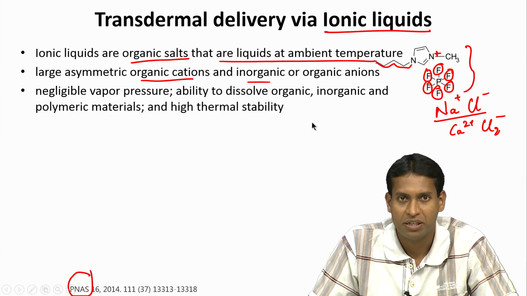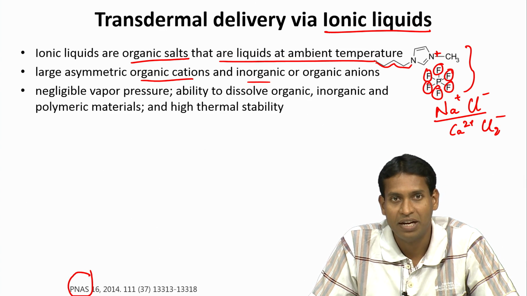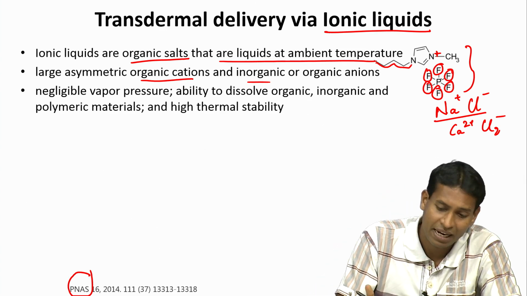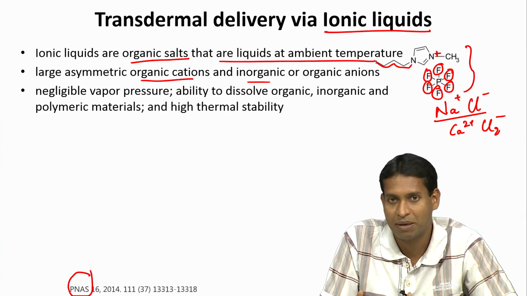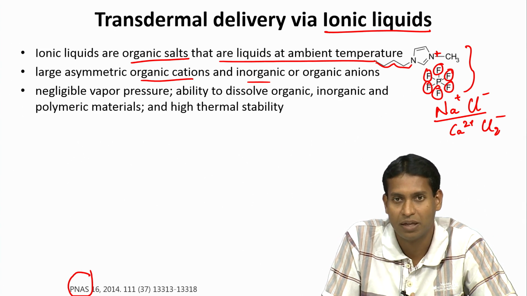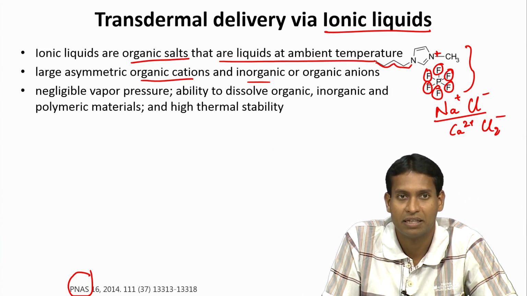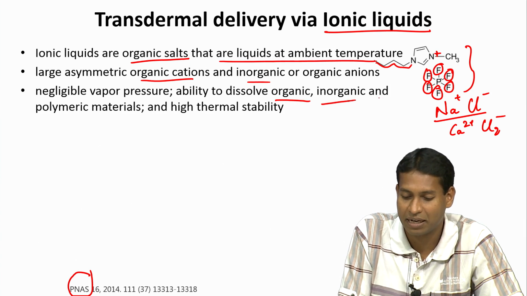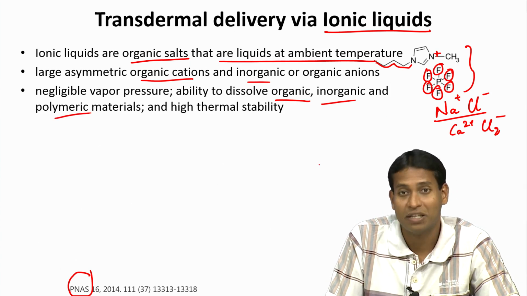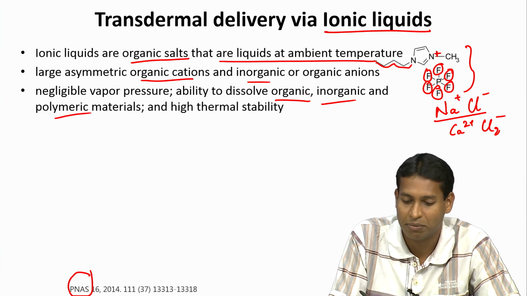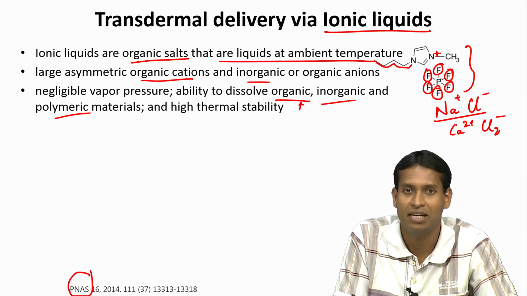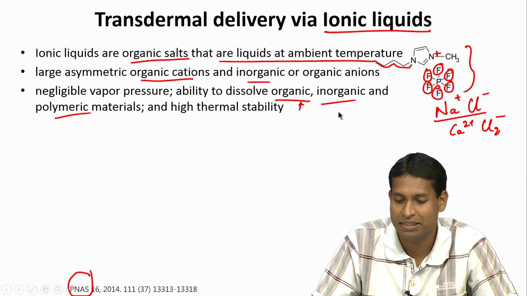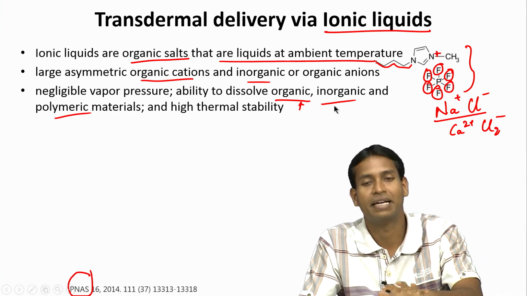And they have negligible vapor pressure, so they do not really evaporate, but they have a very high ability to dissolve organic, inorganic and polymeric materials, plus they are actually very stable at high temperatures. I mean, most of these salts are not really very stable at high temperature, but some of these organic salts are actually very stable at high temperature, and not only that, they can actually dissolve organic, inorganic and polymeric materials, which is what you will find in the skin layer, right. I mean, we talked about having a high lipid mortar layer, then we have cell cytoplasm and some fluid around as well. So all of that is something that these ionic liquids can handle,